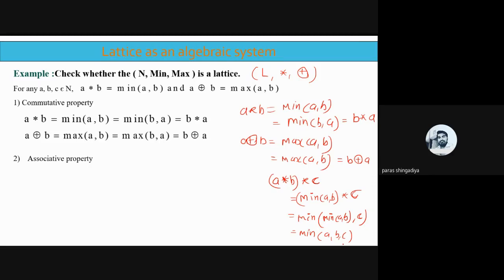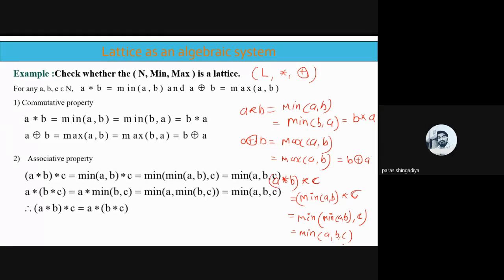And we can consider one counter example also. Let us first define this, and then afterwards we'll use the counter example. So it is (A star B) star C, that is equal to the minimum of A B, star C. Okay, and now remove this star again, the binary operation, then apply the minimum to this. After the bracket, the first element is the minimum of A B, the second element is C, and that is equal to the minimum of A comma B comma C. Clear? And now take one counter example: 2, 3, and let us take 5. That is A, B, C, which belongs to N.